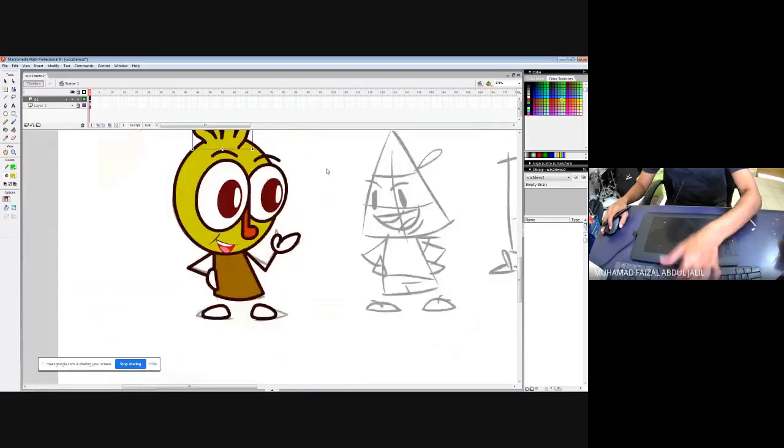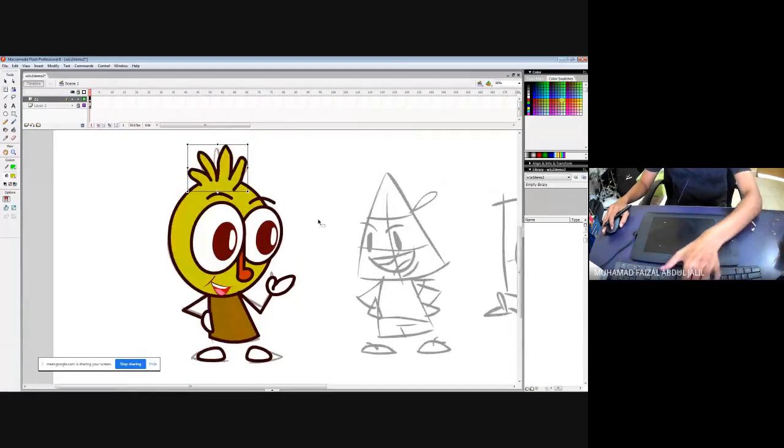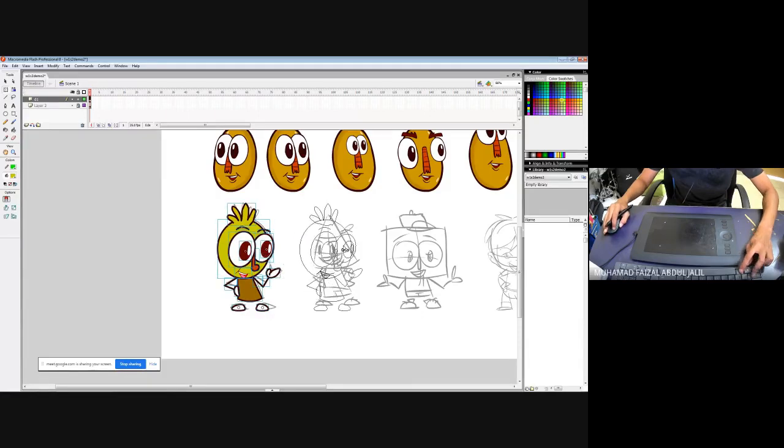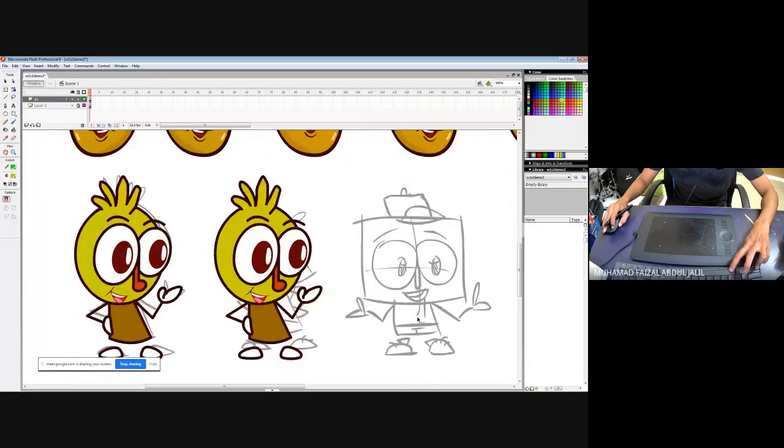That's why we have to group all the objects as much as we can. See, all the objects are being grouped there, easy for you to move around. Let's just say I want to create some pose that is not animated. This part, basically, if I group this, for example, I can actually adjust the motions there.